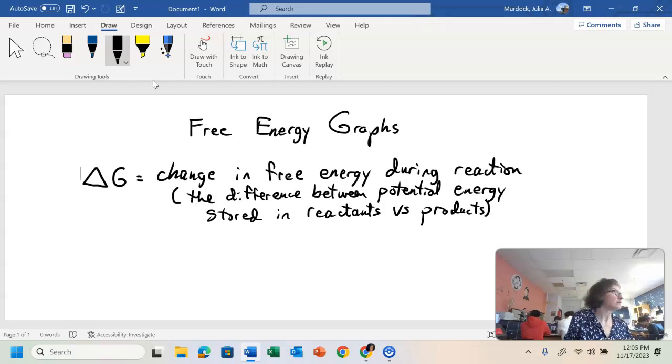That'll become obvious when I draw the graph and show you how that's diagrammed, right? So it's just the difference between the chemical energy stored in the reactants and the chemical energy stored